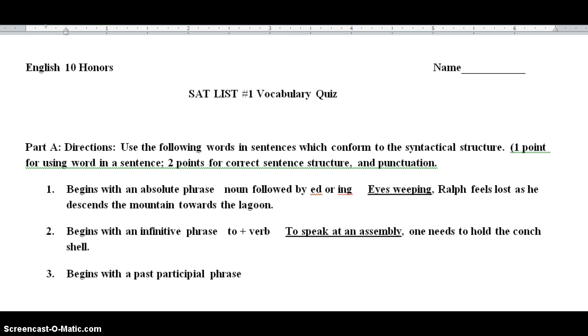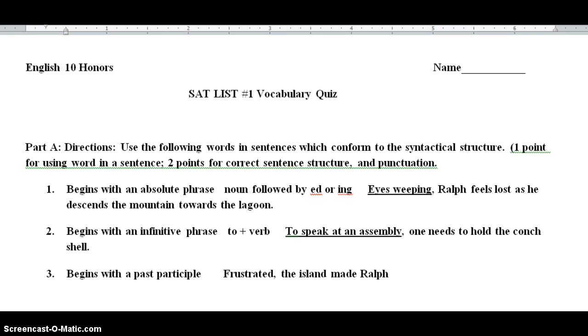Moving on, we could have a past participle, which would be a single word, or a past participial phrase, which may be more common. What happened with the, let me just do this for one moment. What some of you did with your sentences, you would have something like this: Frustrated, the island made